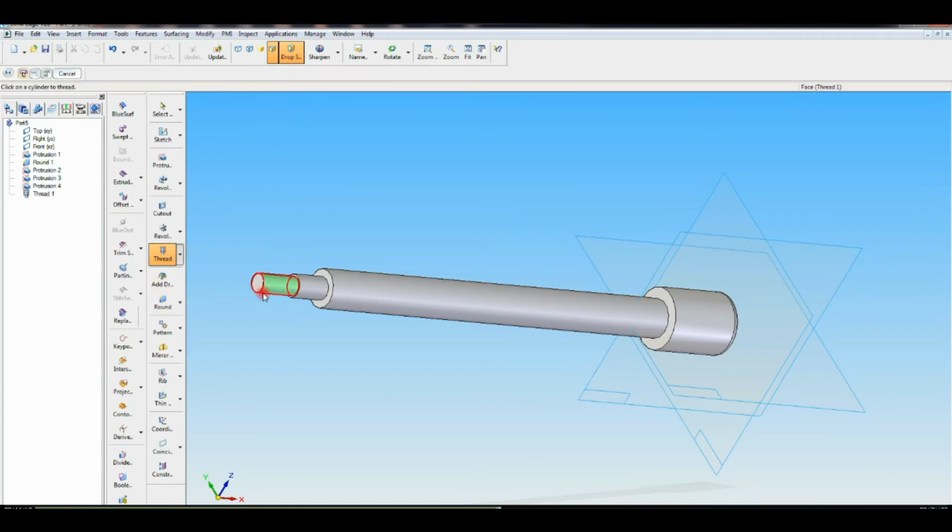Then go to chamfer, select the circle, setback you have to give 0.1 into D, here 10. Finish. Now on the 20 mm diameter portion you have to draw a square thread. Select the thread command, select this shank like this, then the tip of the circle. Here, finite extent, give the value 170, as given in the drawing. Then T20 into 2. That completes the square thread.